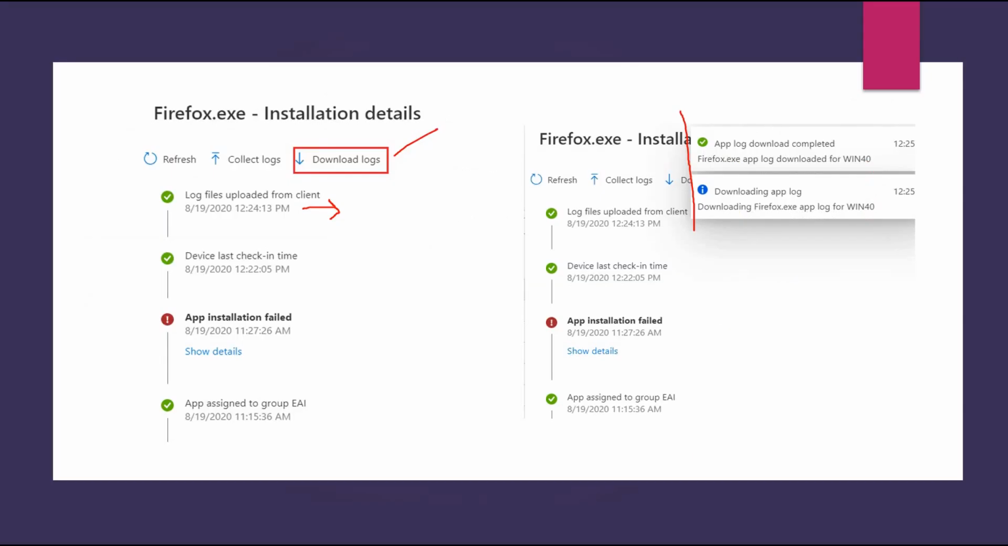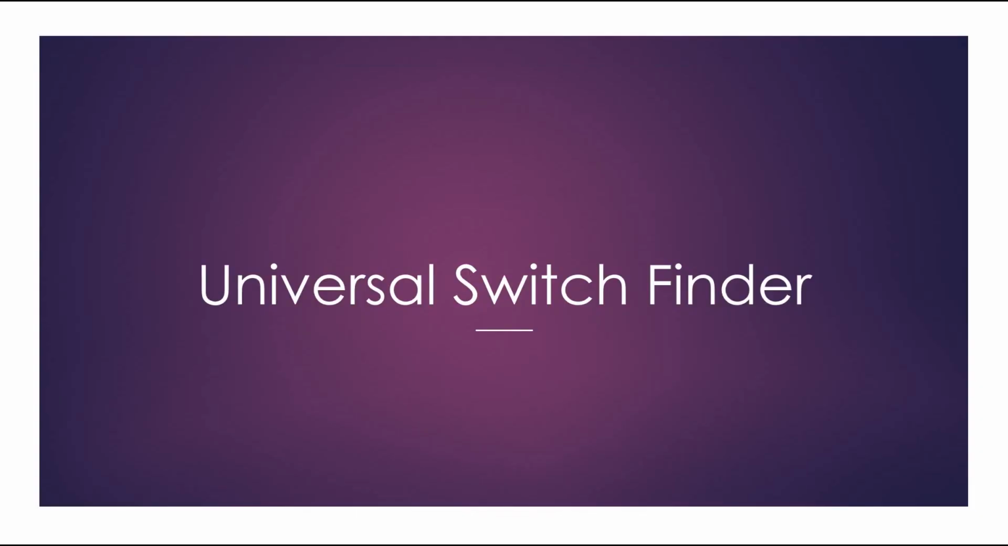So it's a really cool feature. All right, so now there is another little tool that is called Universal Switch Finder. I found this interesting because, okay, we have already spoken about this, but just to reiterate, let's just say that